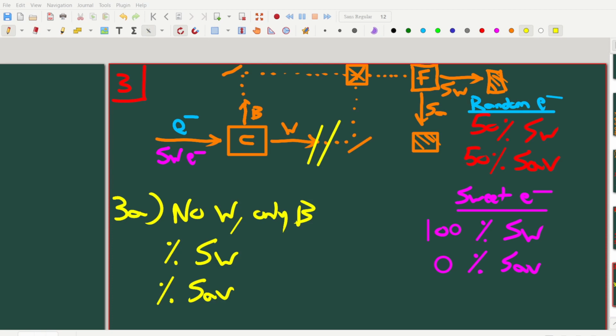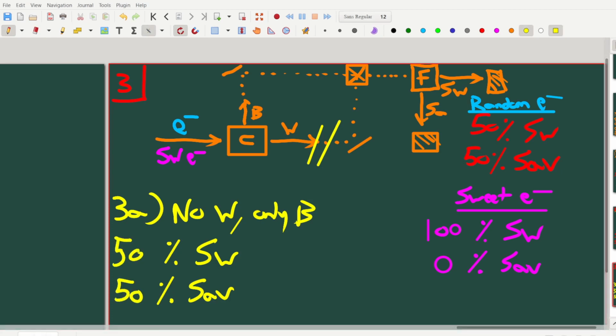I'm going to write down what the experimental answer is. It's 50-50. You lose that information. It's no longer sweet anymore. That should be a problem. That should trigger something, right? We've just gone through a very, very meticulous, very simple logic about how this is going to work. And the moment I block this,